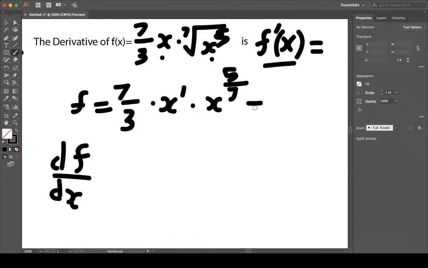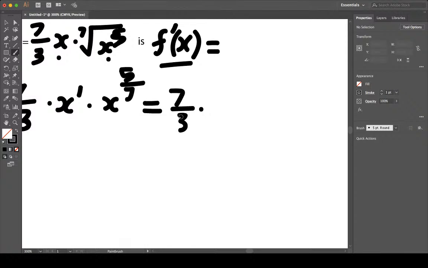This would result in 7 over 3 multiplied by x to the power of 12 over 7, which is basically 1 plus 5 over 7. And from here, we just need to find the derivative. The way for you to find this is using the law of, well, it's not a law, but the way for you to find the derivative of this